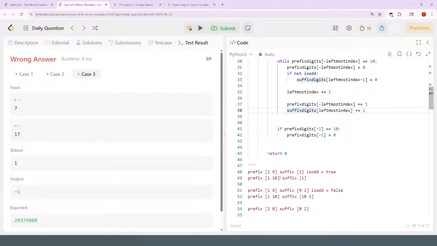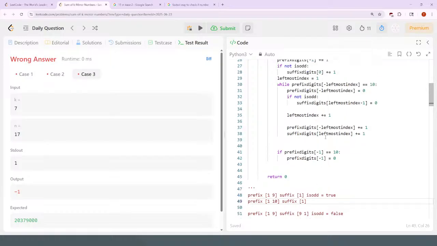Well, I don't do this part because there is no this part. But I do this part, right? I do change this to become a 2. So, but then the leftmost digit at this point is going to be 1, and I can't do suffix digit at index 1. Huh. Maybe I need to do suffix digit at